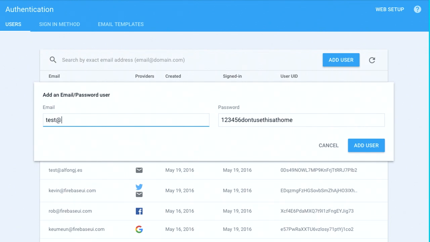Also, take a look at the second column, which is called providers. In that column, you will see with which sign-in mechanism the user has signed in. And new in this year's version of Firebase, now your users can have more than one sign-in mechanism attached to the same account. This is very useful if, for example, you want to support allowing your users to sign in one day with Twitter and later on add email and password credentials to the same account, so they can later access their account with any of those mechanisms.